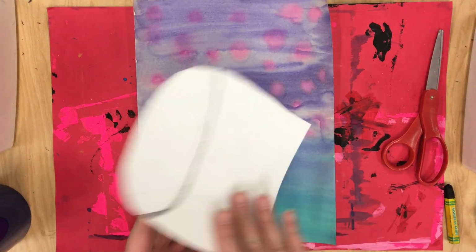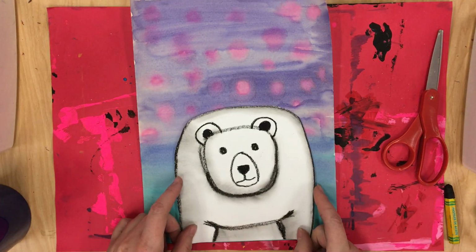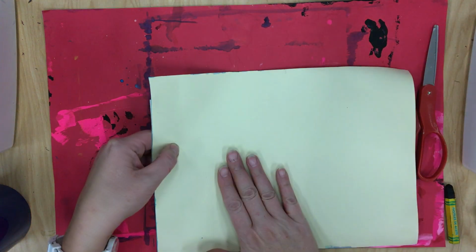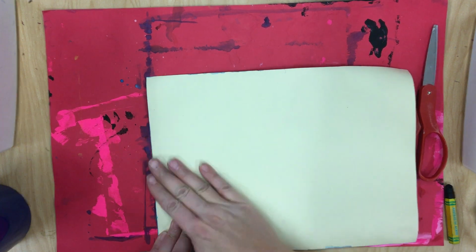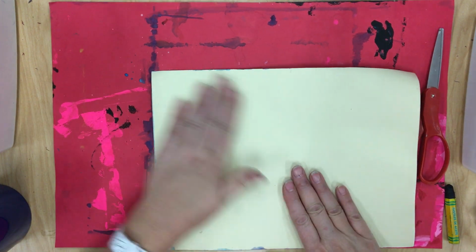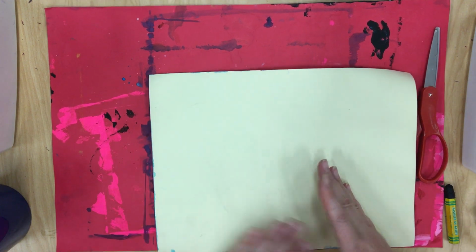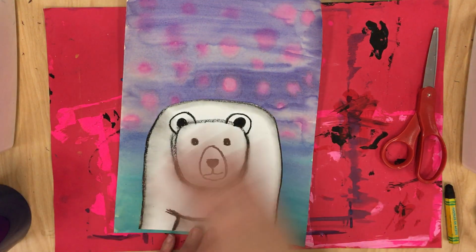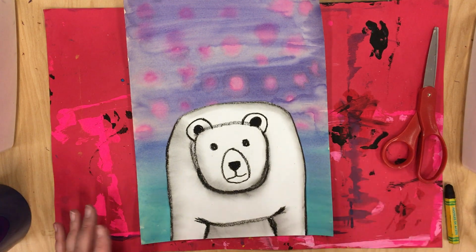So what you're going to do is put the glue around the edges, put a big X in the middle, stick it down gently, but then flip it over and rub on the back of your background paper to get it to stick. You have to imagine that I put the glue stick on there because I don't have it with me right here. So imagining, and then that way I didn't smudge or smear my polar bear, but I did get him